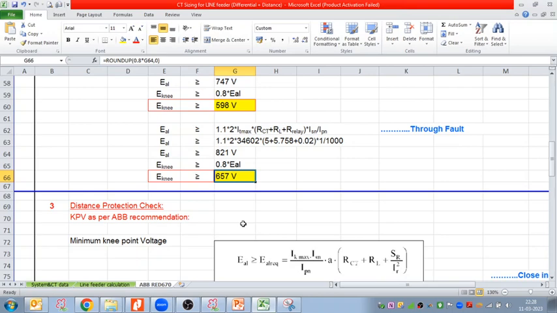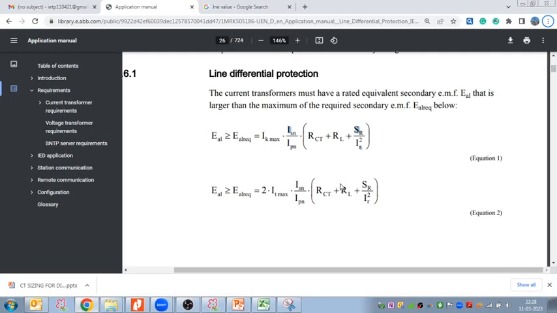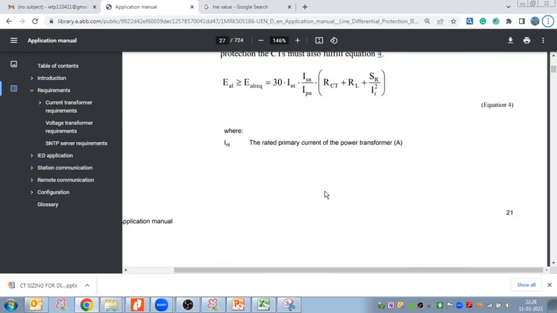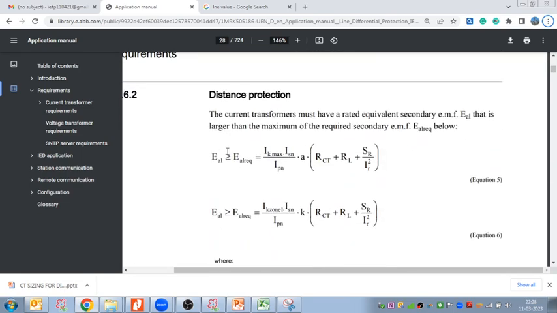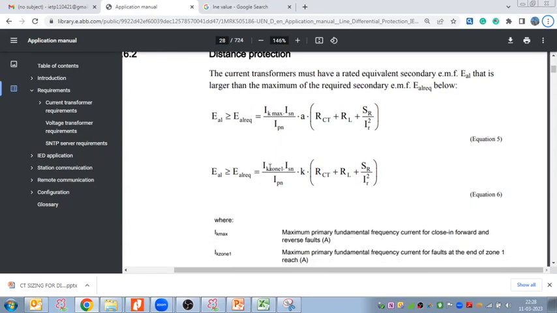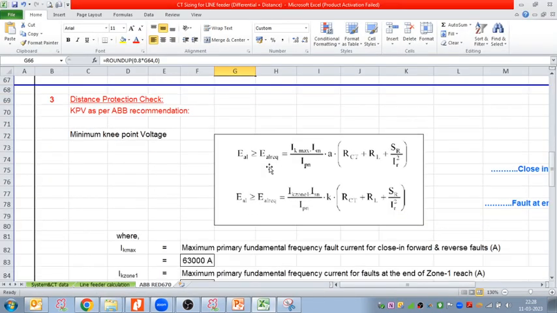If suppose we are using the distance protection feature also, then the CT sizing we have to do considering the distance protection function also. So now if we go to this catalog, here the distance protection case we need to understand. Okay, so coming to the distance protection, so let us take